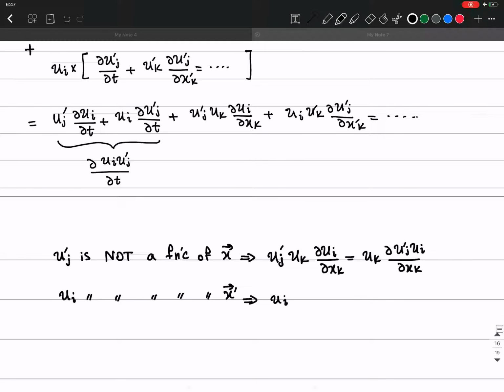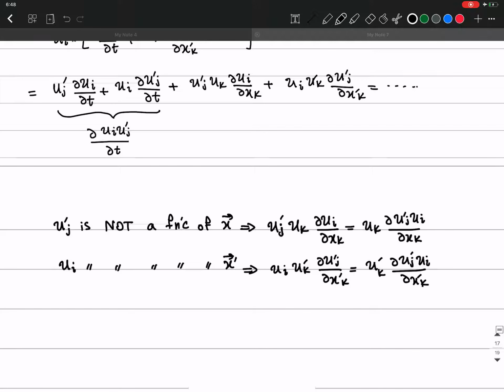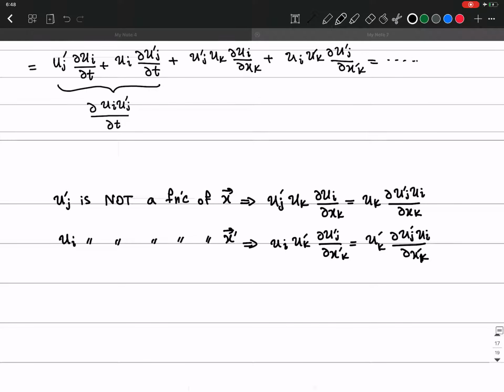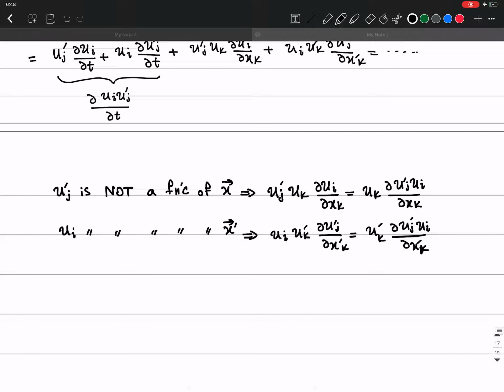So ui u prime k partial u prime j over partial x prime k equals u prime k partial uj prime ui over partial x prime k. Okay, so now when we add this together, we have